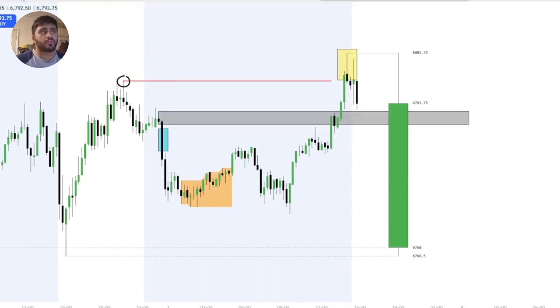So if you don't know where to enter from, it becomes very difficult. So that's kind of the first thing I wanted to go through. This was my key level. So to quickly break